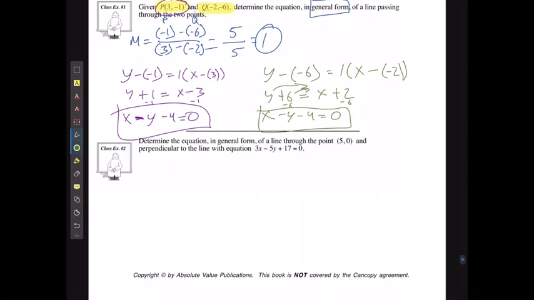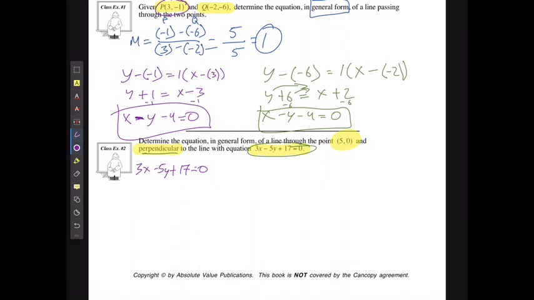Okay, when it says determine the equation in general form of a line that passes through the point of (5, 0) and is perpendicular to the line with the equation 3x minus 5y plus 17 is equal to 0. Well, once again, I don't know the slope. I'm going to find the slope from this equation, and then because it's perpendicular, I'm going to take the negative reciprocal of it. So I'm going to say if I have 3x minus 5y plus 17 is equal to 0,